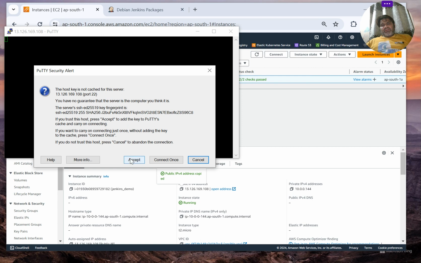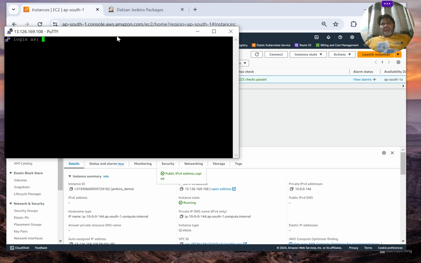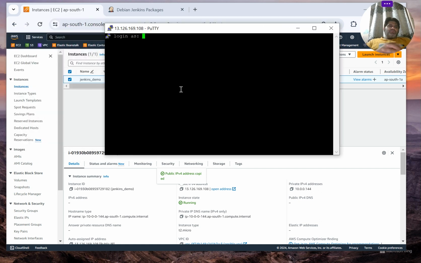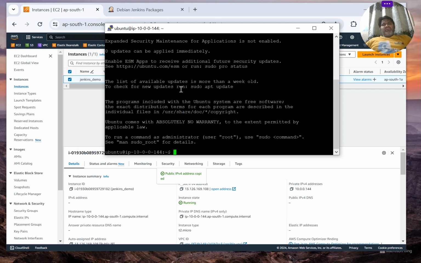So you can see here now I have to click on that accept. Yes. So friends, as I have taken that Ubuntu operating system, Ubuntu instance. So for Ubuntu machine access on AWS cloud, login as username we have to put as Ubuntu, but it will not ask us for a password because